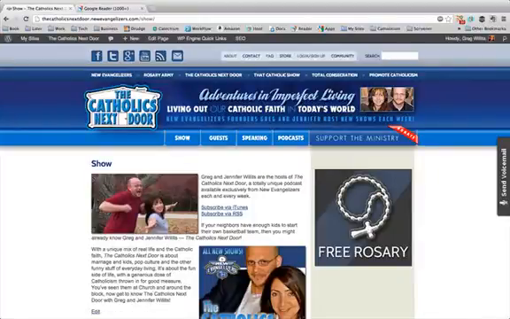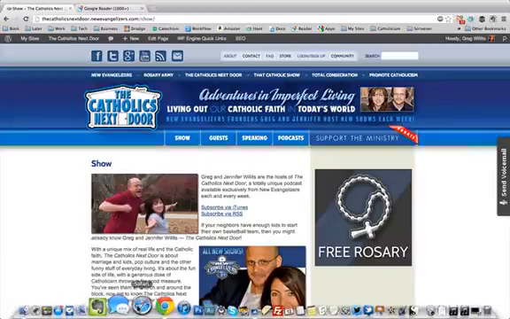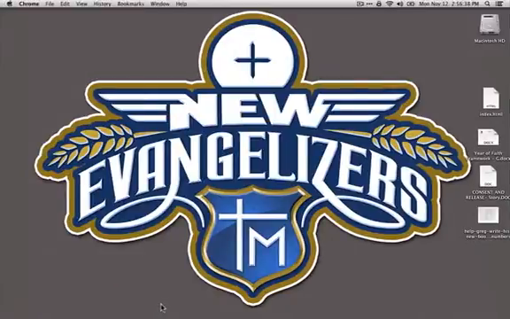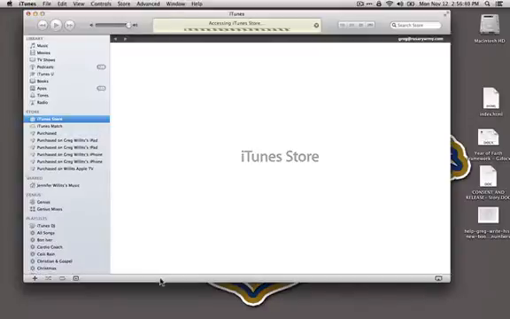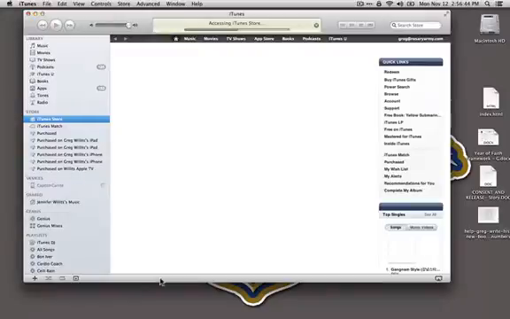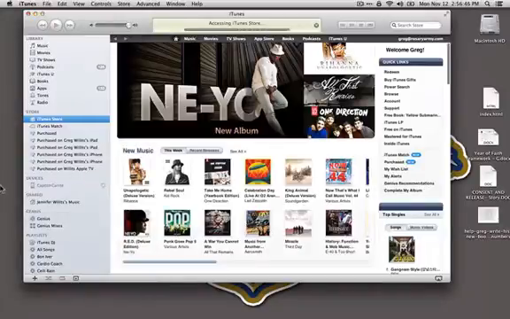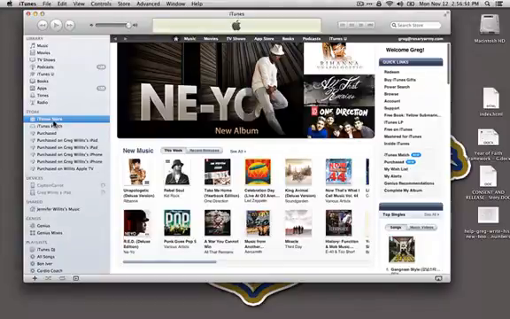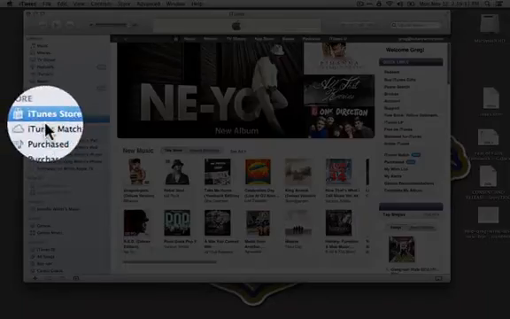But let's step back one step, because we don't want to take more than that. I'm going to click on iTunes here. I'm going to open it up, and we have iTunes opening up, and it's on the screen now, okay? I want to show you how to subscribe to not just our podcast, but any podcast that you want to go to. Now, here I am. I'm in iTunes, and it automatically went to the iTunes Music Store here. You see this link? iTunes Store, over on the left.